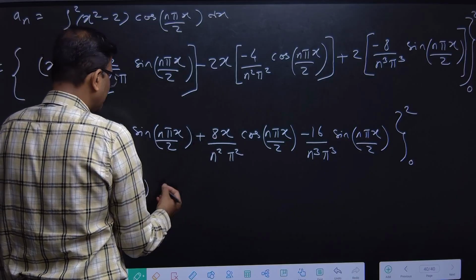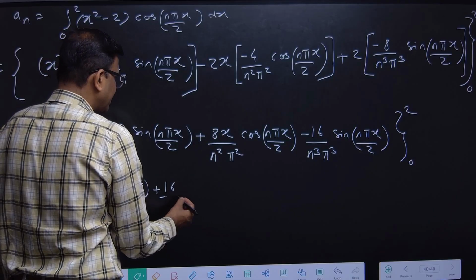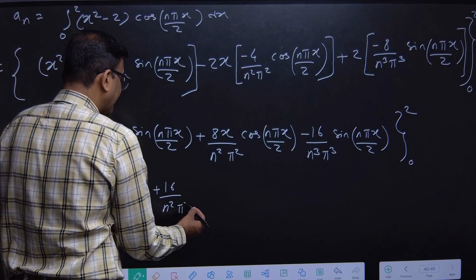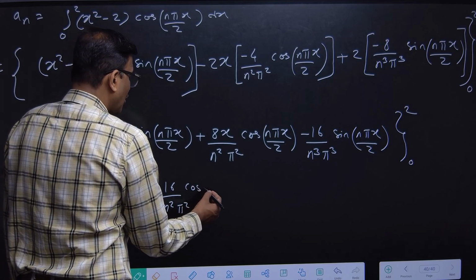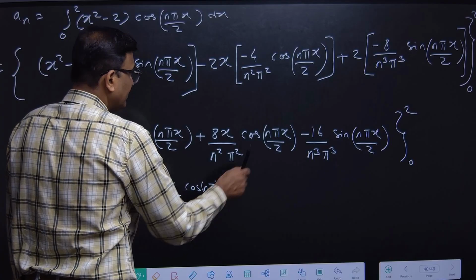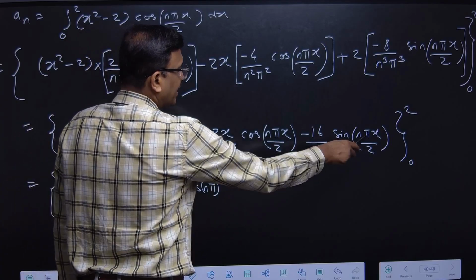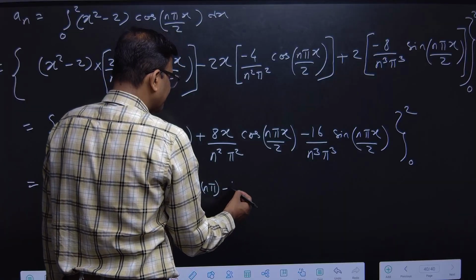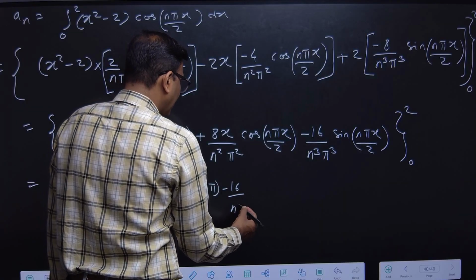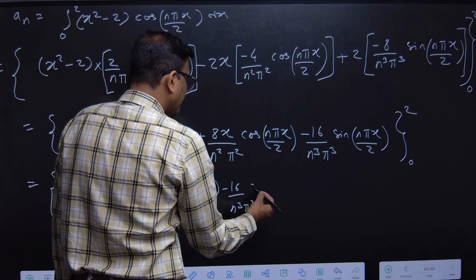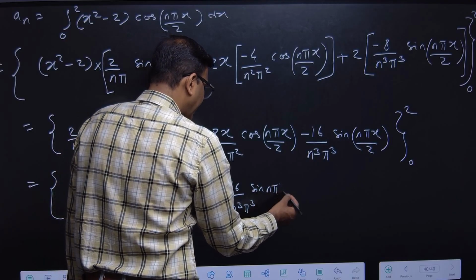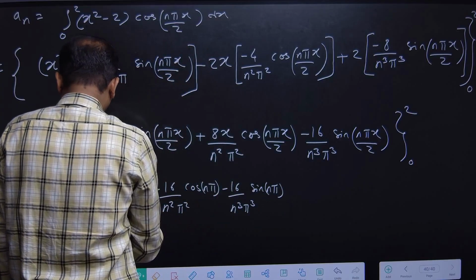If I put x is 2, this 8 into 2 will be 16. So 16 upon n square pi square into cos of n pi. If you put x is 2 here, this 2 gets cancelled. It becomes minus 16 upon n cube pi cube into sine of n pi. So this is when you put the upper limit